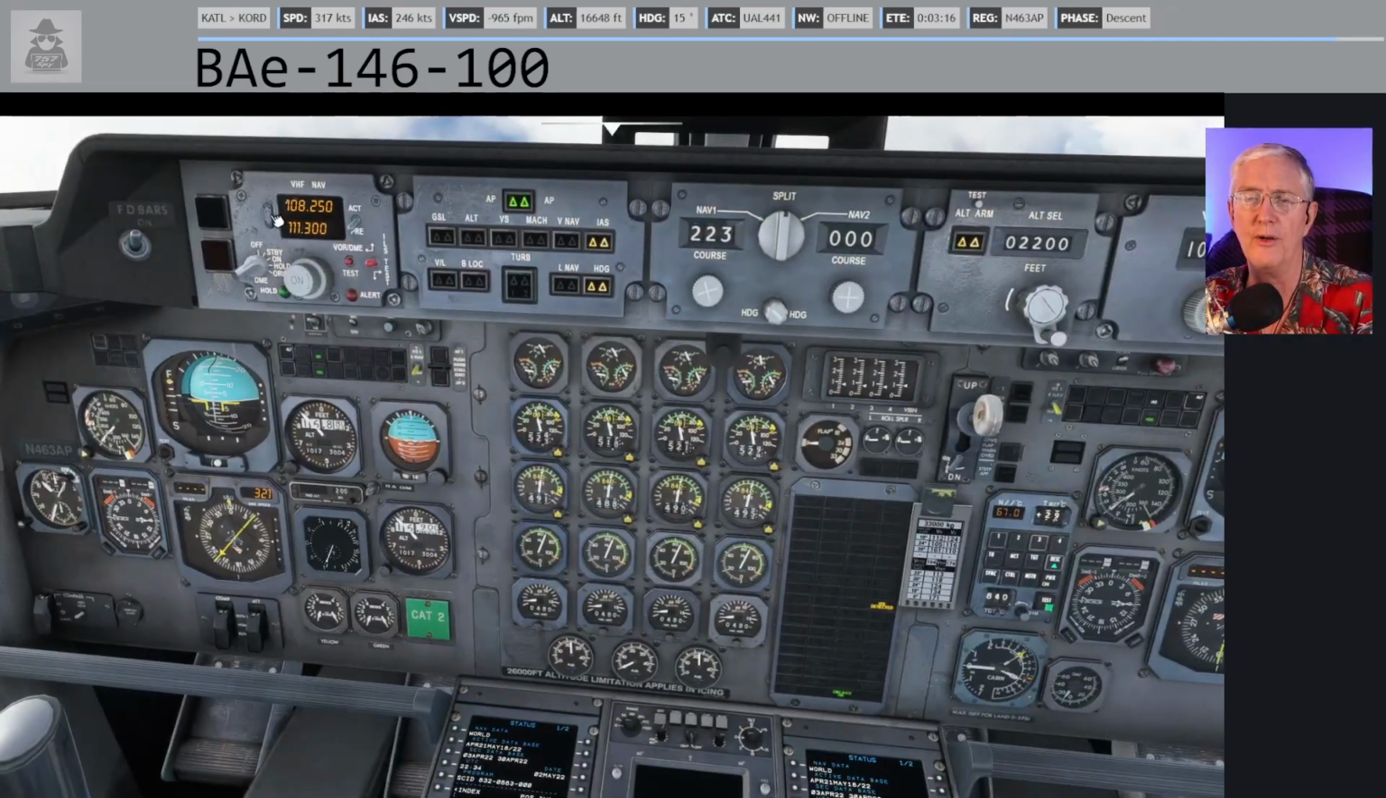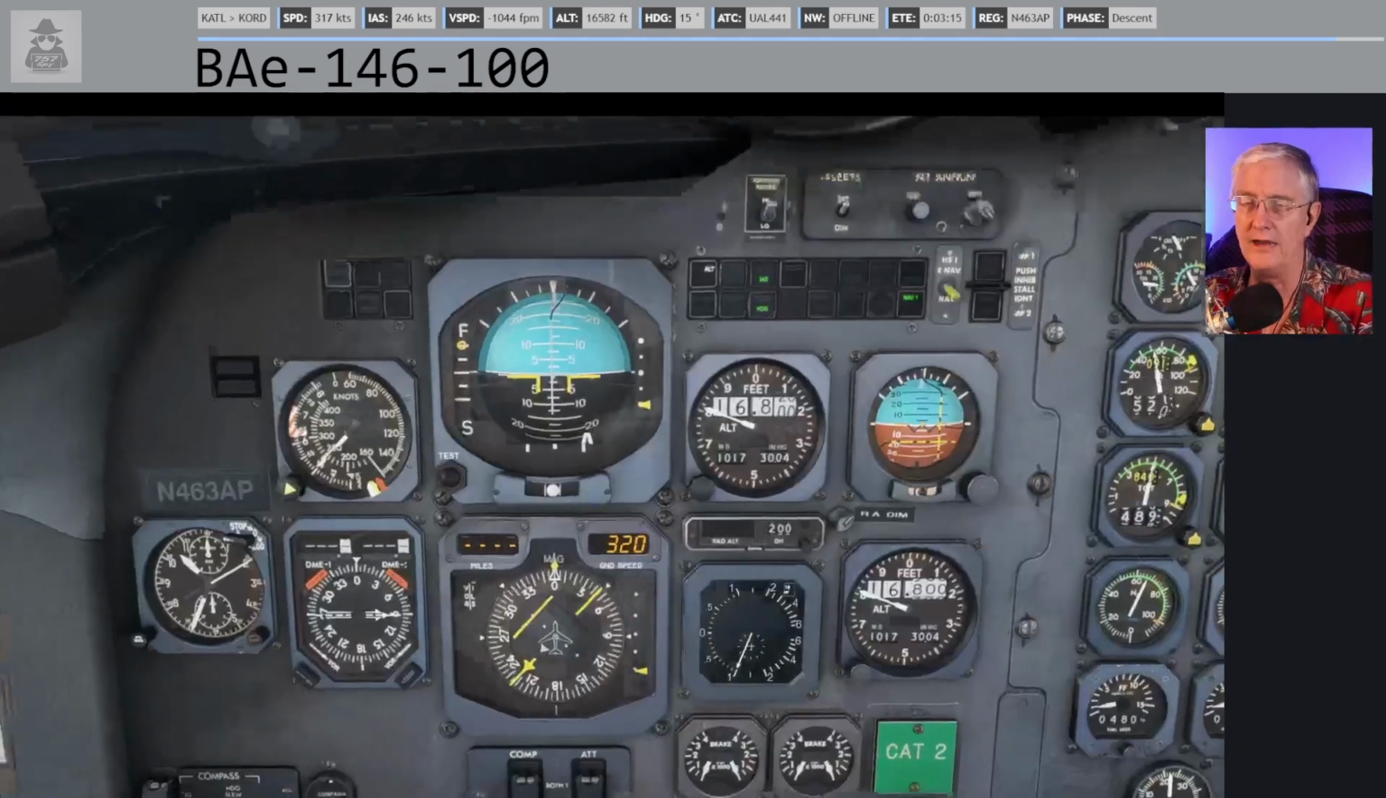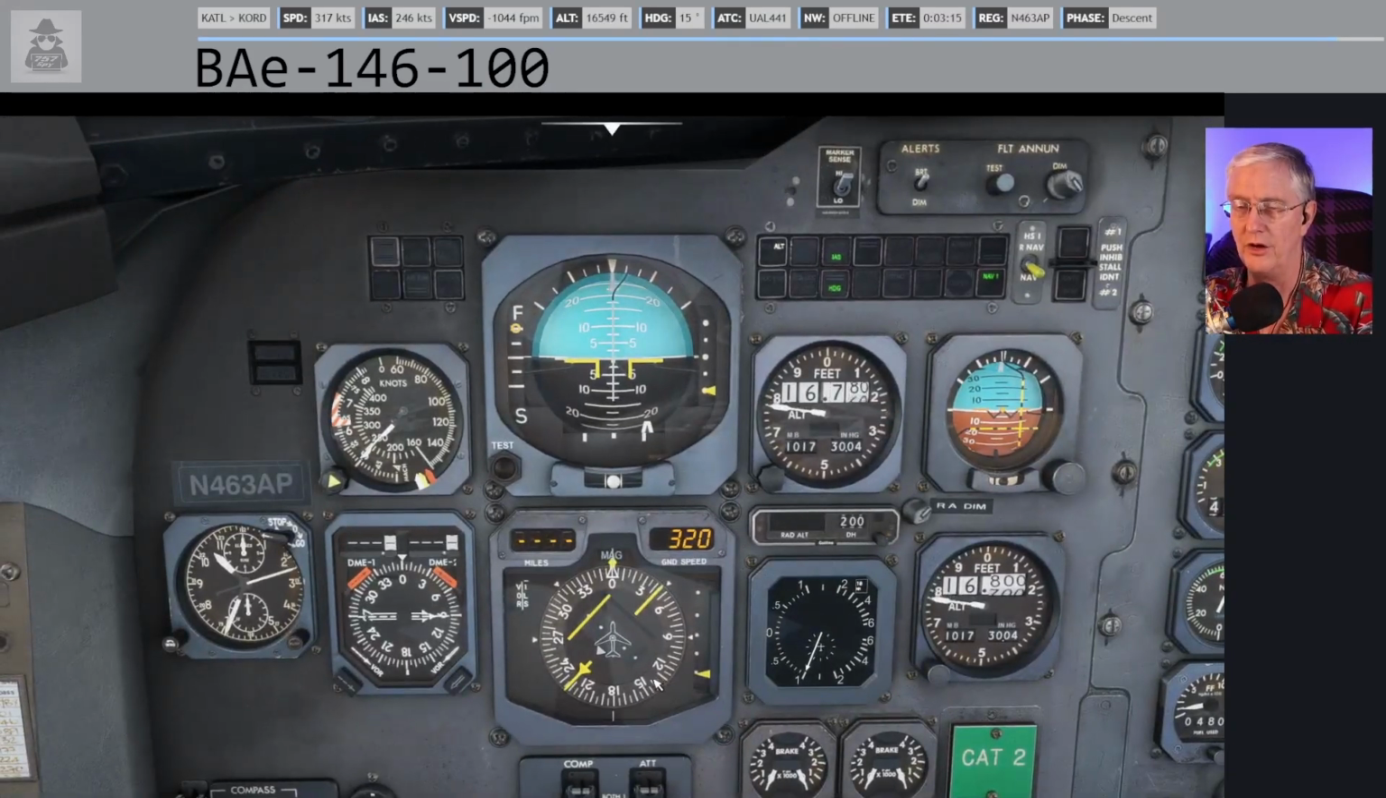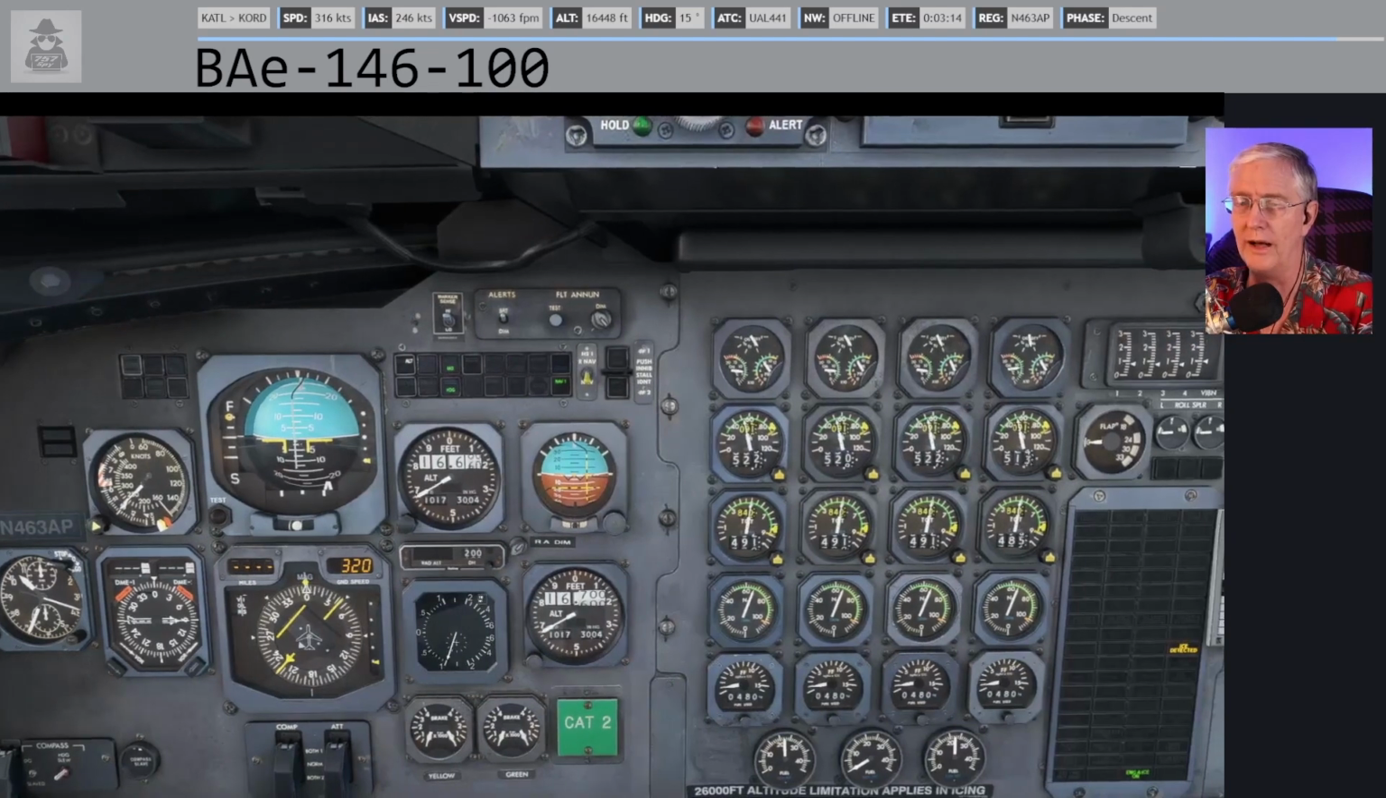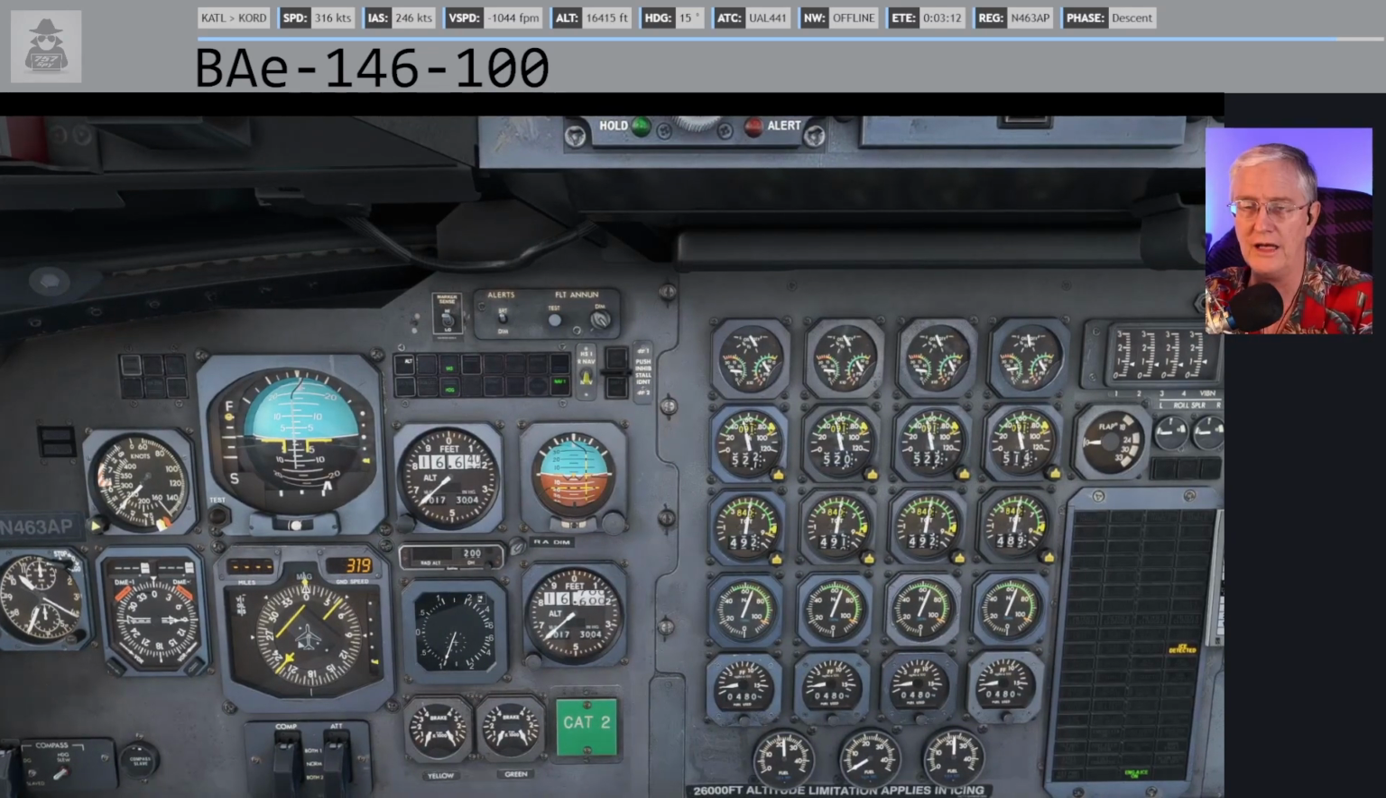Is the ILS showing up yet? Hey, look at that. The ILS is showing up. So we do have ILS. So there we go. That other radio, we weren't getting the Chicago VOR. That must be really low power. Passing 16,000 feet, we are going down to